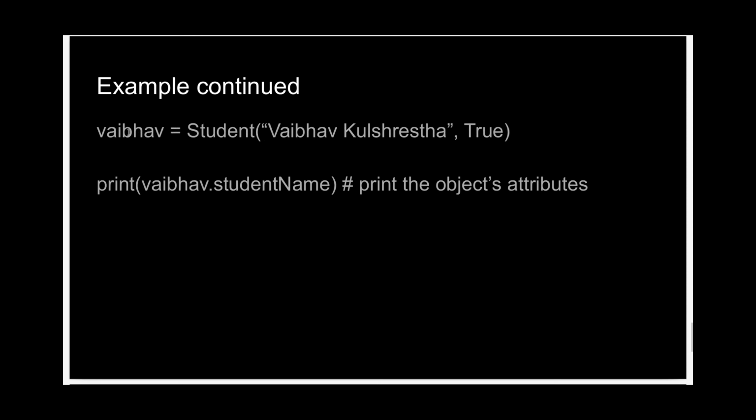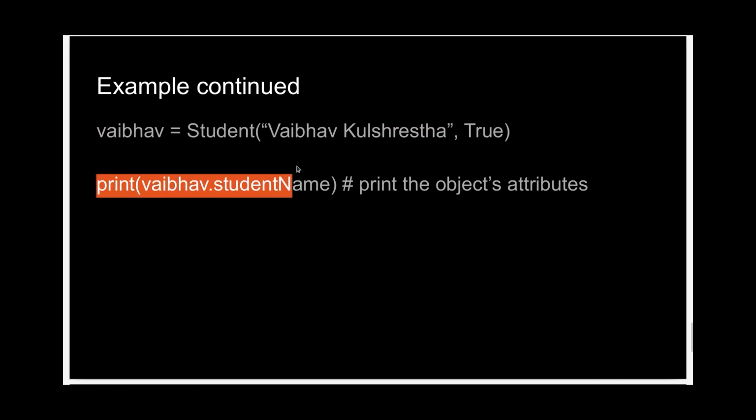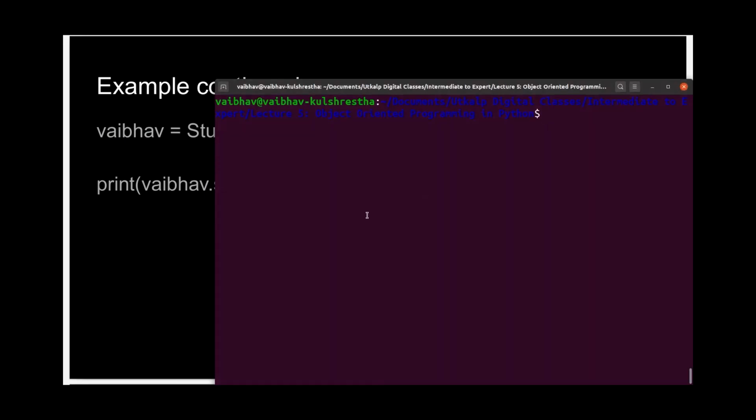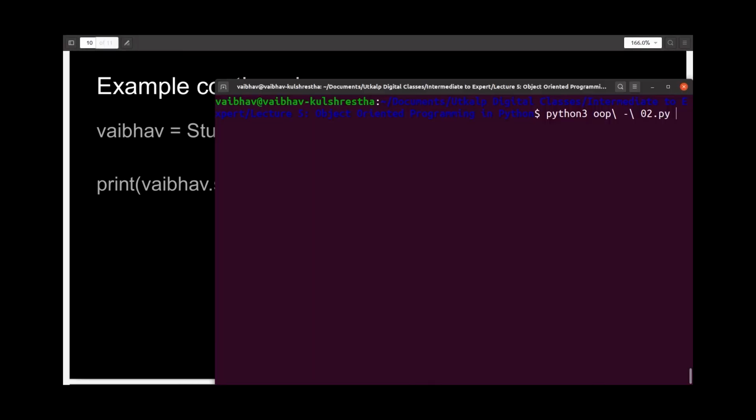Then, just in order to check whether what I wanted to do was accomplished, I'm creating an object called webhub, sorry, of the class student, and giving it the initial values for my name and enrolled equal to true. I just want to print webhub.student name, to see whether the getter works. If I run this file, yes, we can see that we were able to get my name as output, which means that this getter works as intended.